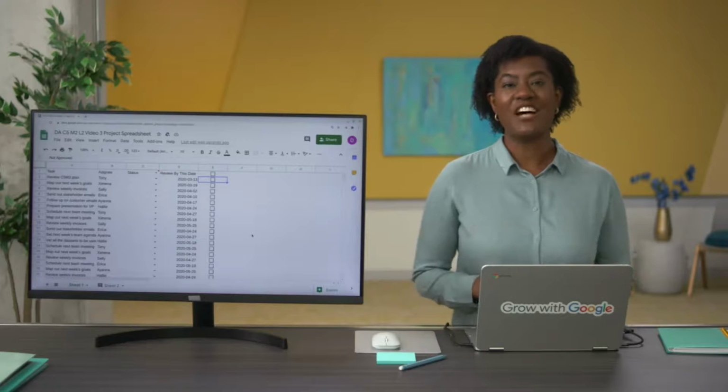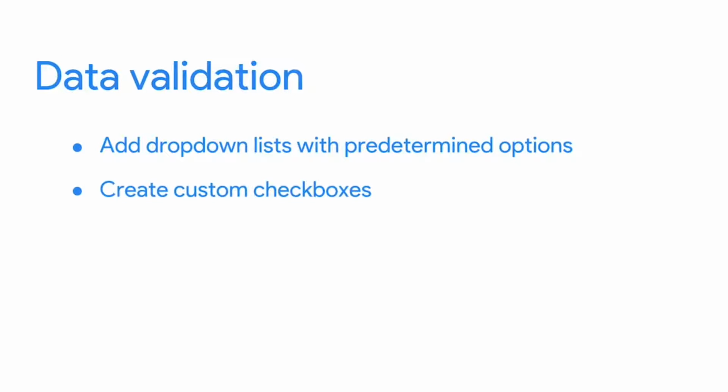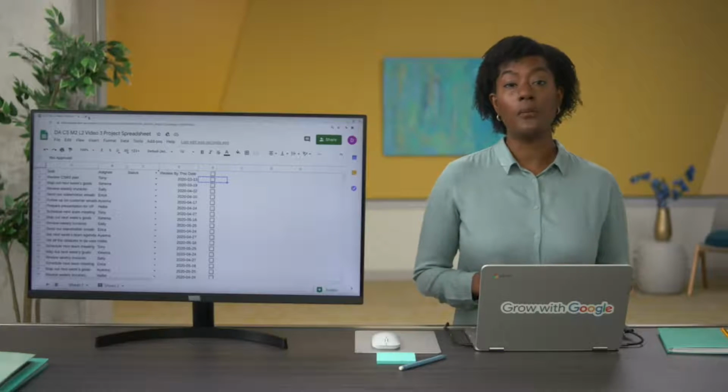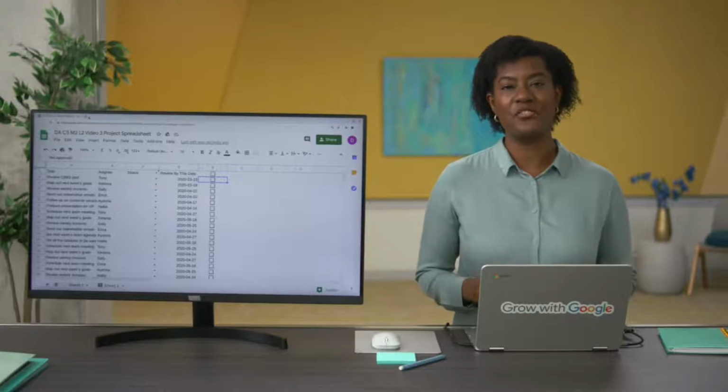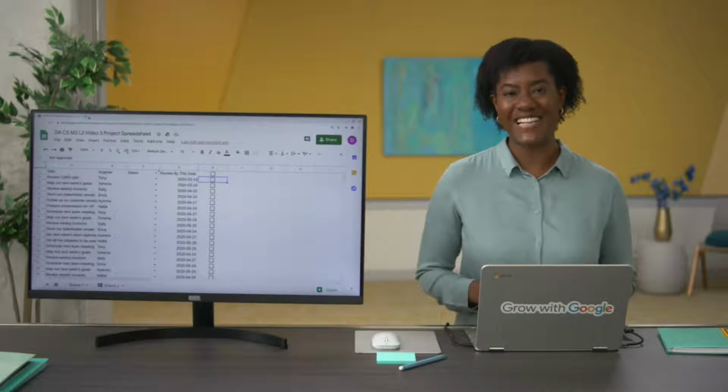All right. Now you know 3 uses for data validation in your spreadsheets: adding drop-down lists, creating custom checkboxes, and protecting structured data and formulas. Data validation can help your team track progress, protect your tables from breaking when working in big teams, and help you customize tables to your needs. Coming up, we'll learn more about conditional formatting and some ways you can use conditional formatting and data validation together.